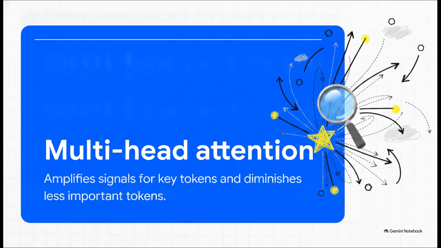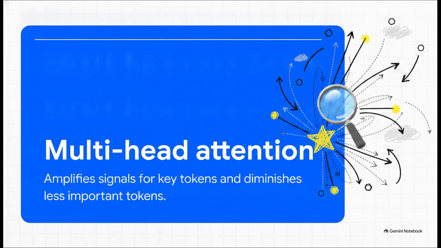Back in 2017, researchers at Google published a paper with that exact title, Attention is All You Need. Now, they were originally just trying to improve machine translation software, but their core solution proved revolutionary. They introduced the multi-head attention mechanism. This is the very heart of the transformer. Instead of looking at a sentence word by word, a parallel multi-head attention mechanism looks at all pieces of data at once and contextualizes them within a massive context window. It evaluates how every single piece of data relates to every other piece simultaneously. By doing this, the architecture can amplify the signal for the key, most important information, while effortlessly tuning out the